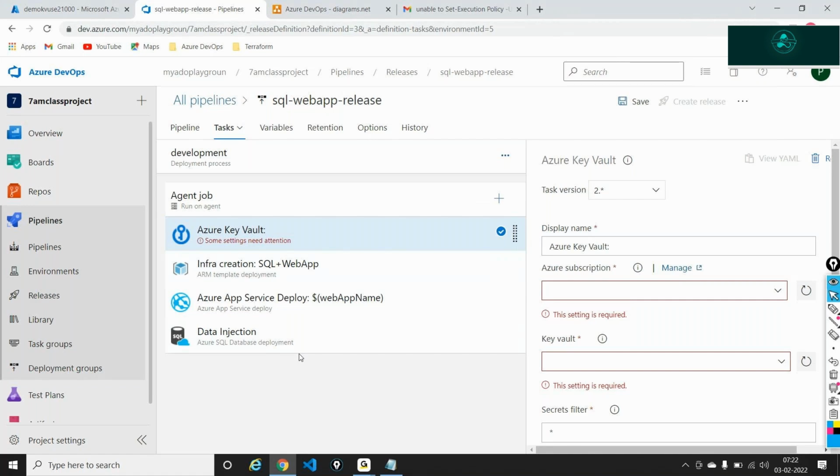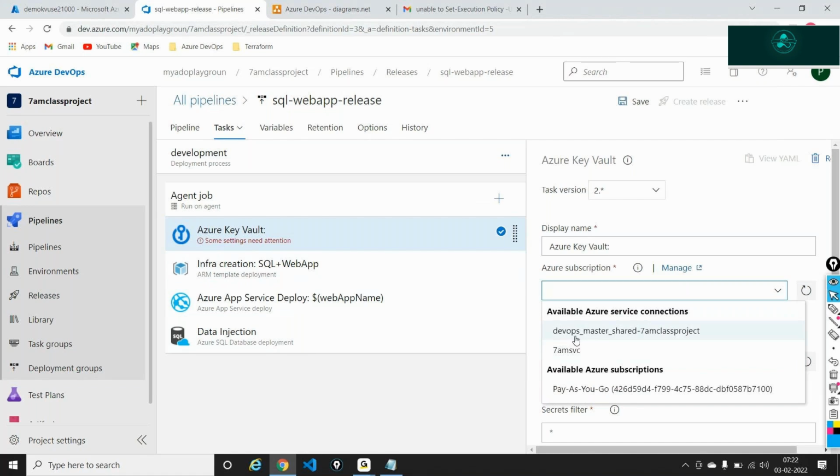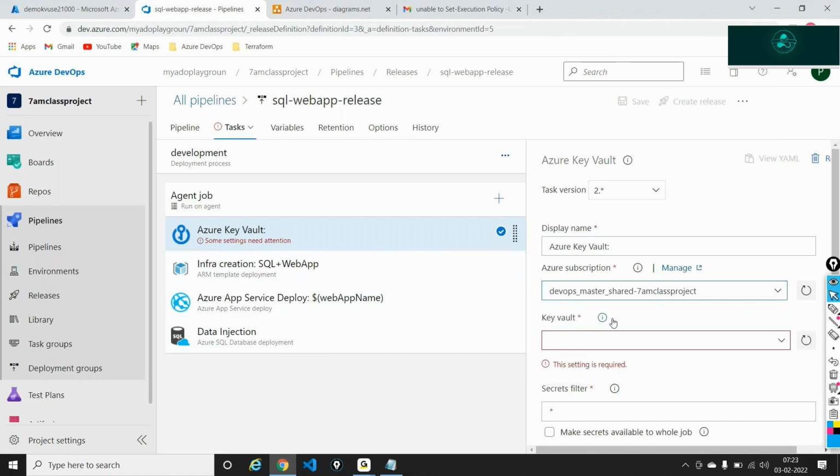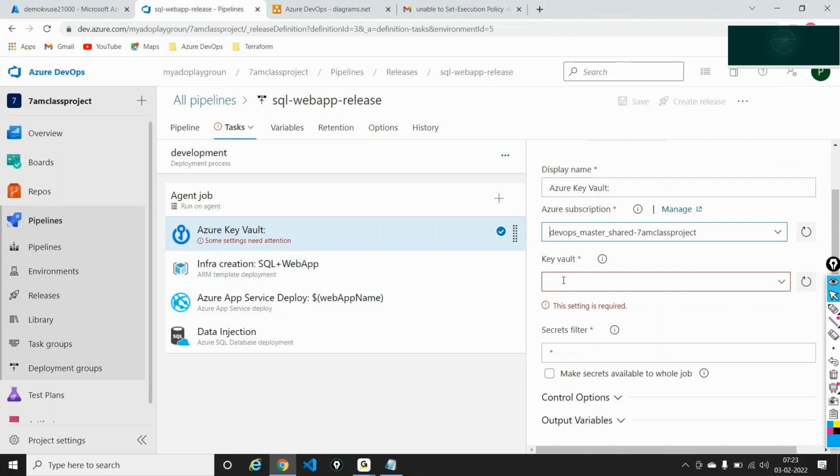Any organization that I work with that's using Azure DevOps will use some kind of an encryption strategy. And one of the most popularly available encryption strategies out there is an Azure Key Vault. So I'll say it's an Azure Key Vault, and it's going to ask me a couple of things like the Azure subscription. So I'll give my service principal or my service connection. Then it's asking me what is the name of the vault. If I just refresh this and do a drop down, I'm able to see the name of